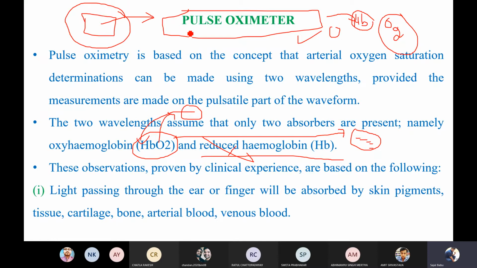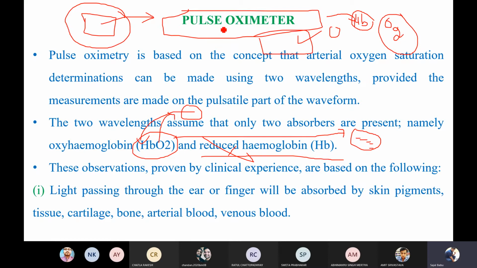So what is the significance of this pulse oximeter? Nowadays, because of COVID-19, many people know the importance of the pulse oximeter. As you know, if you have any lung-related infections like COVID-19, the lungs will not be capable of giving a sufficient amount of oxygen to the blood, right? So if your blood is not able to carry a sufficient amount of oxygen, then it is not able to provide a sufficient amount of oxygen to the different tissues in the body, right?